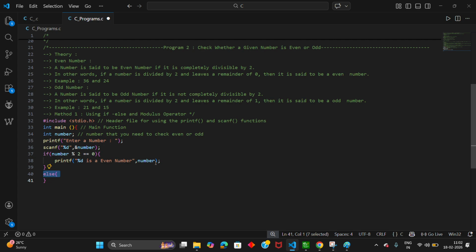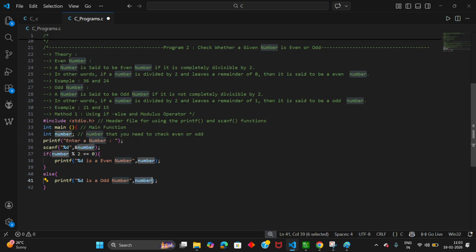Other than the if block condition, all cases are treated as else block condition. So other than even number there will be odd number, right? So we use printf "%d is a odd number", where %d is a format specifier to call that number.